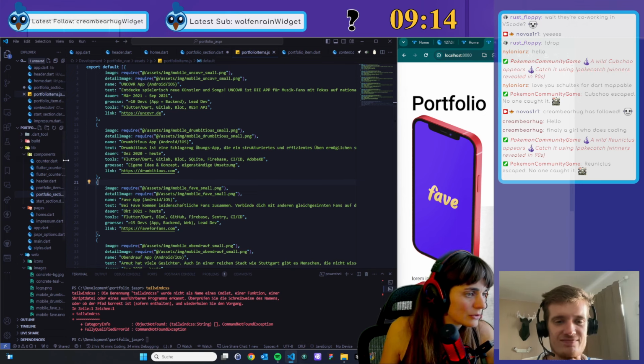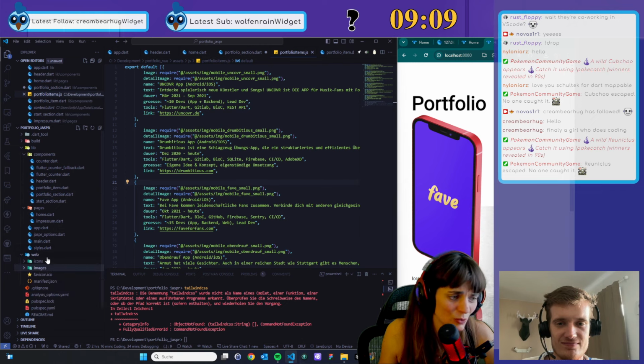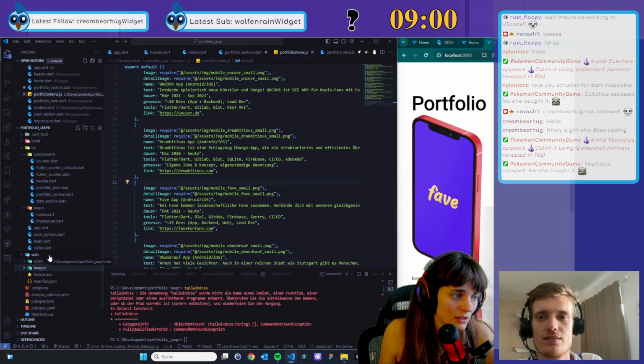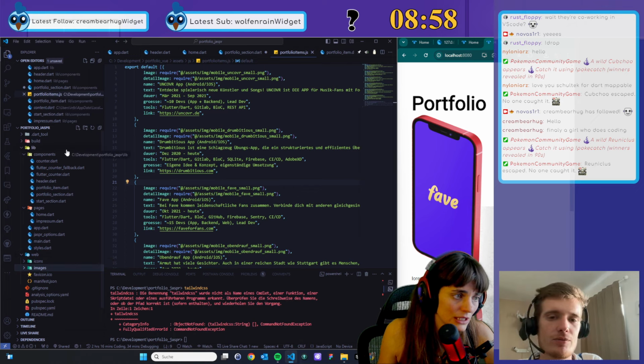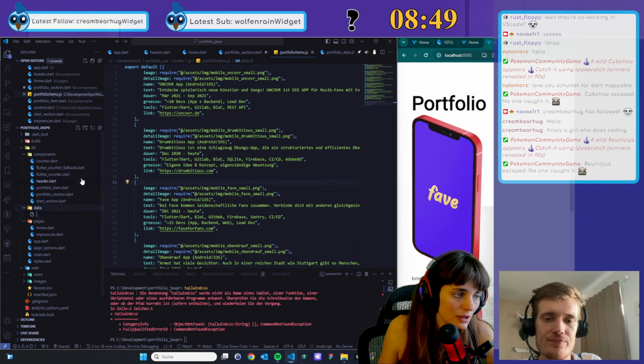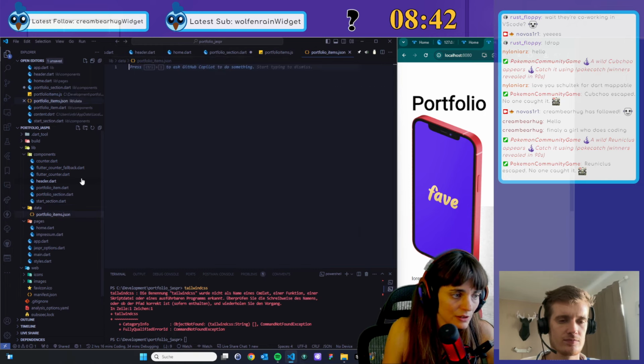ChatGPT is really slow. So I would add a JSON file and I would put it into the web folder. I don't think, because then it gets exposed to the site and we only need it at build time. So I maybe would just make a separate directory. I would call this data, and then in there is the portfolio items JSON file.